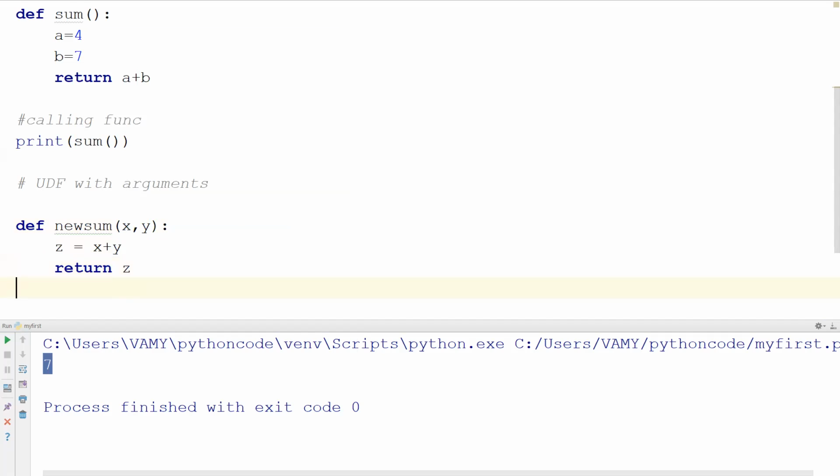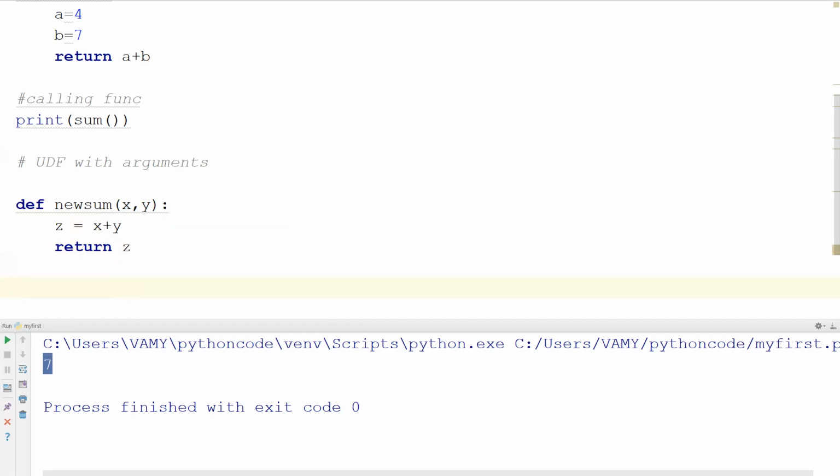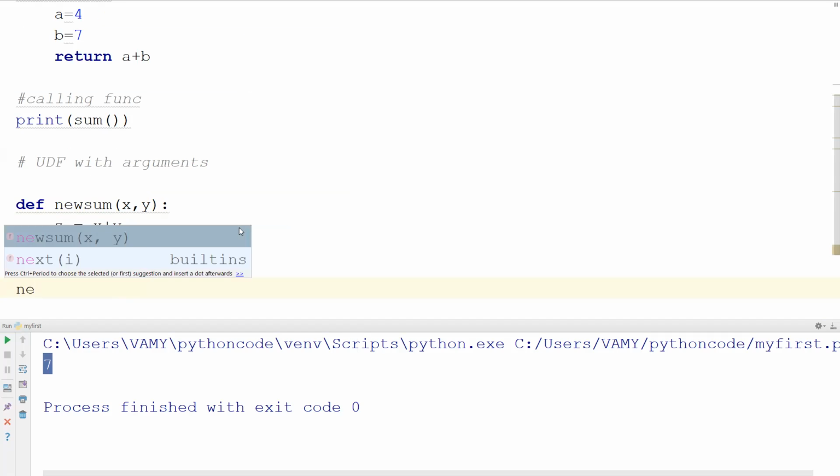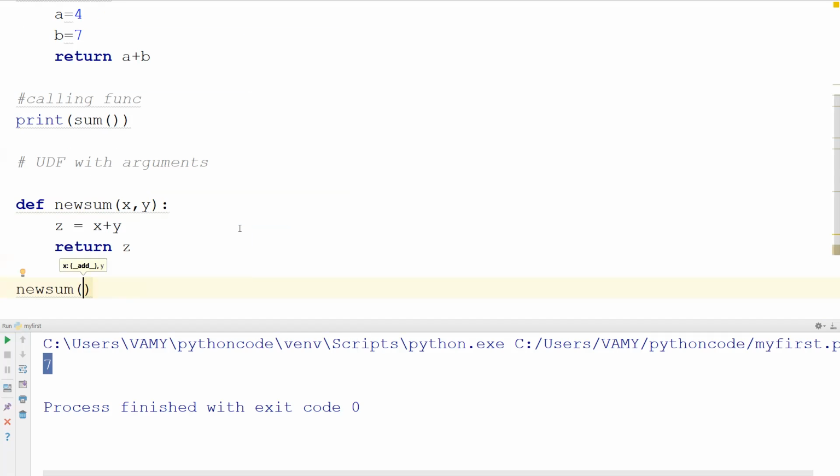So how to call this function? Calling is like that. My function name is new sum. I need to pass the values, otherwise it throws an error. Whenever I'm calling the function, I should pass these two parameters, x comma y. I will give 4 comma 5. So when 4 goes to this function, this position is the x value and this position is the y value.